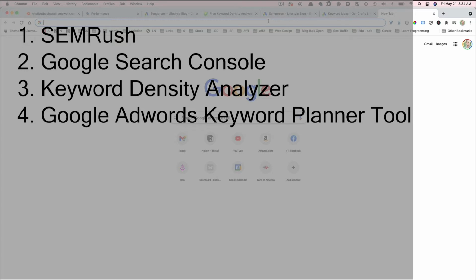All of these tools I'm going to share with you are a way to curate ideas and make sure that you are writing content based on what people's search intents are, because what you don't want to have happen is you spend a ton of hours creating content, and then no one finds it because the Googlebot can't figure out what your content is about. So here I'm showing you these tools so that you can curate your content in a way that is answerable via a search query on the internet.